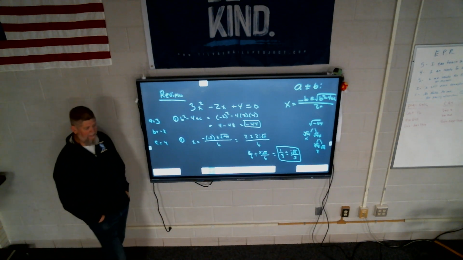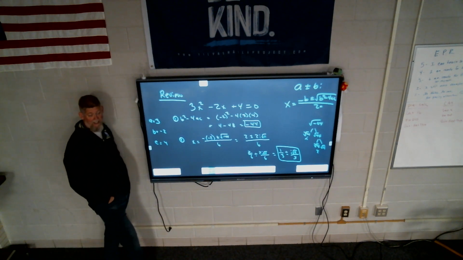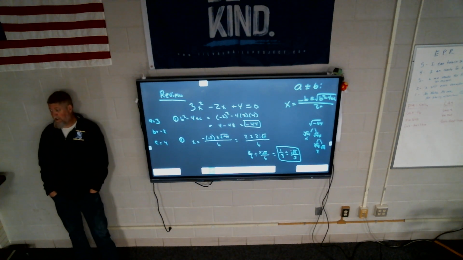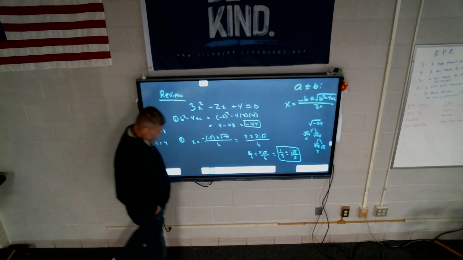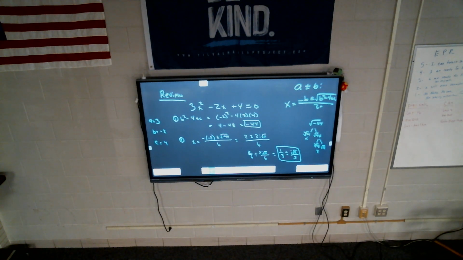Doesn't believe you hate that. Oh, yeah. I thought it was a lot of computation. I don't like dealing with radicals, especially when it's like, is that considered factoring? Well, it's